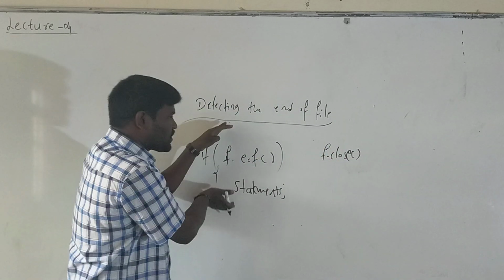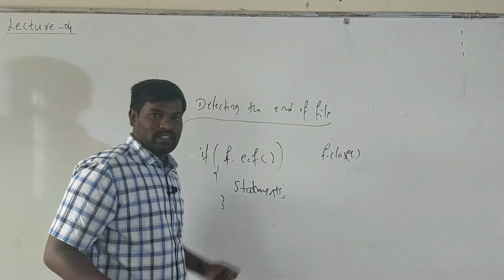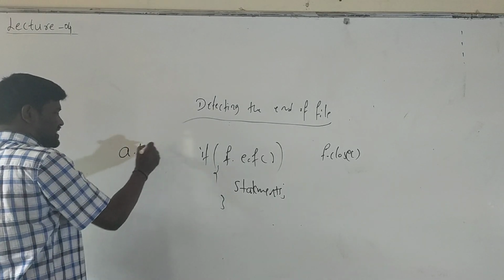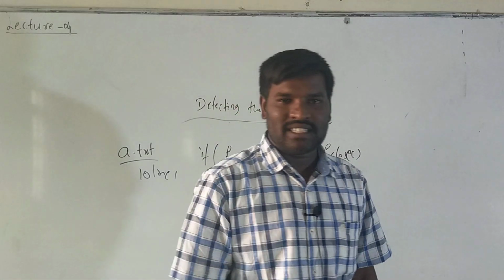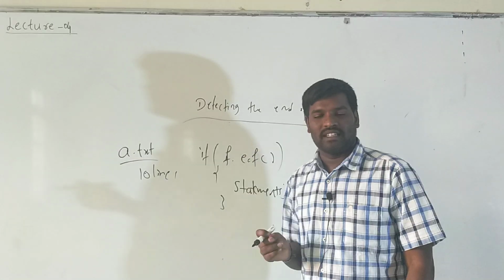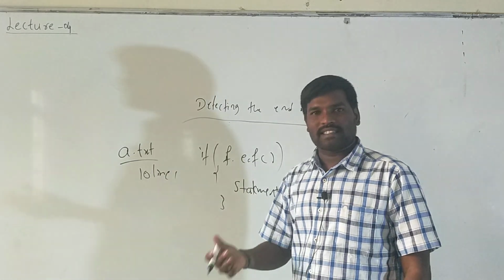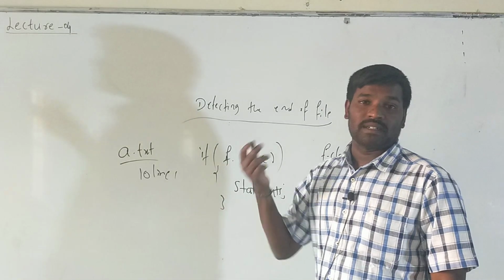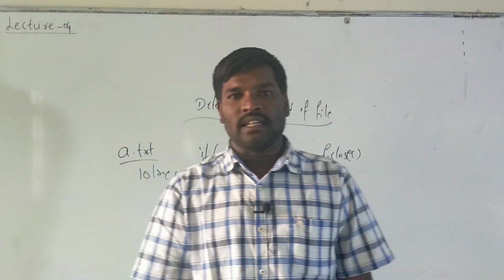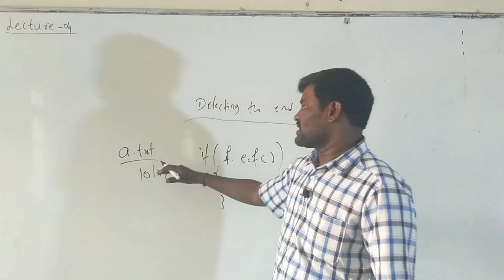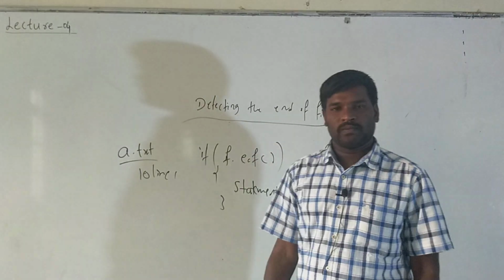The difference between end of file and close is, close means you completely close the file. End of file means, for example, a.txt consists of 10 lines. So line by line you will get the text and it is printed on the monitor, and finally it will stop detecting the text. That can be decided with the help of eof, end of file. With the help of this function, you will know that all the text has been completed within the file. Okay, so this is detecting the end of file.